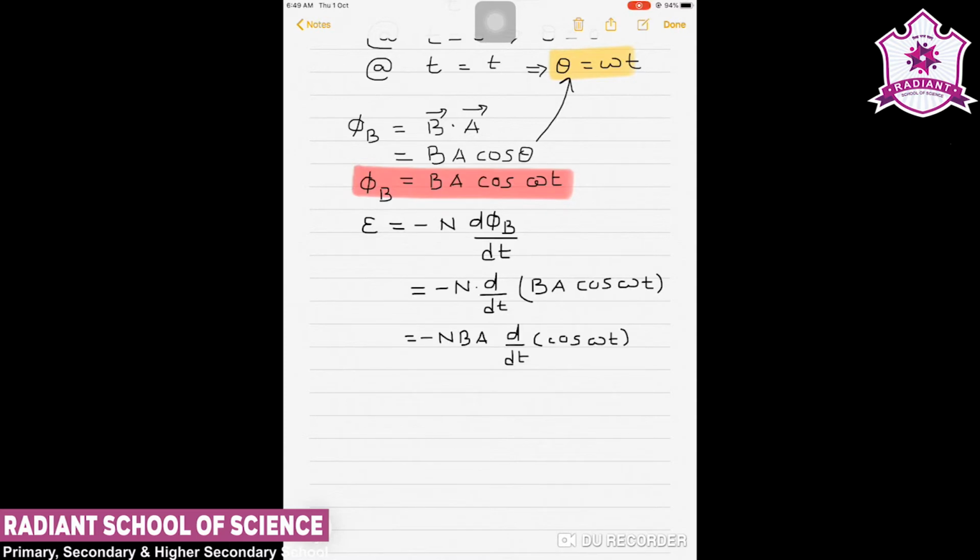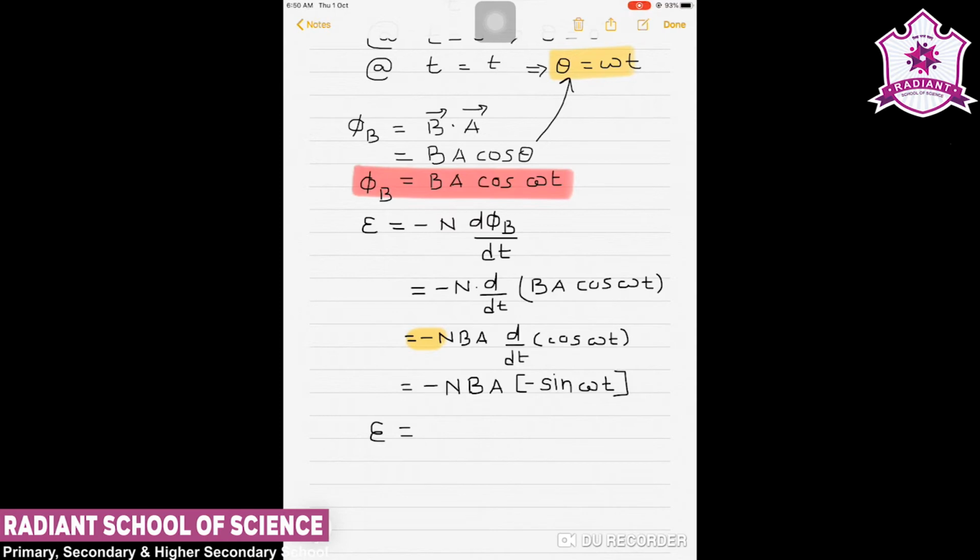Now we know that the differentiation of cos theta with respect to theta will be minus sin theta, and we have already one minus sign outside the equation over here. So now we can simplify the equation, that is minus nBA minus sin omega t. So that minus minus will be a positive,